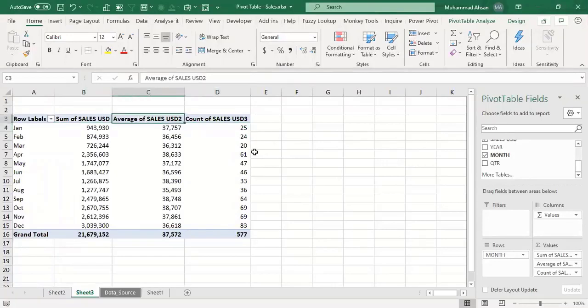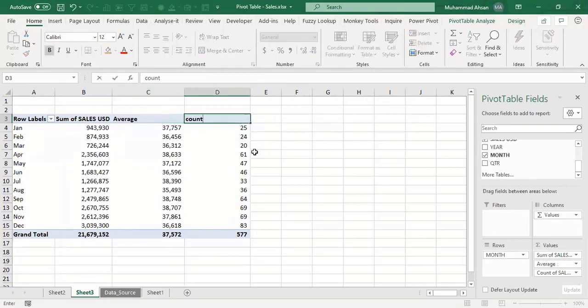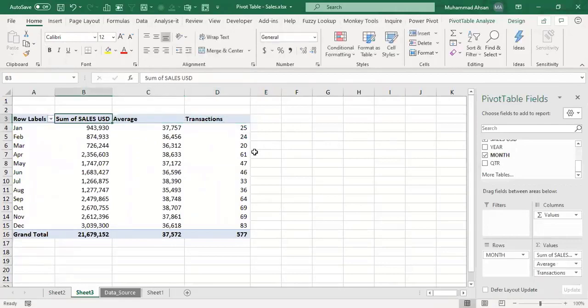You can also rename the headers, because this does not look like a very neat and clean header. So we can just rename it. These are averages, these are count, or you can say transactions, right? And this is total,